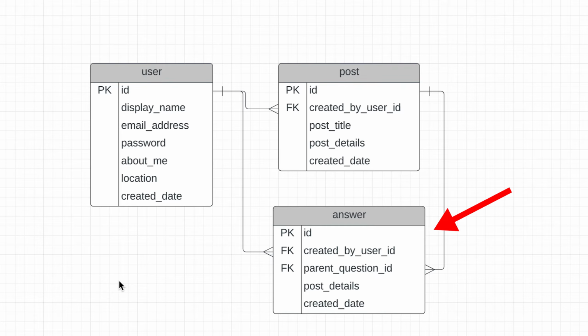However, we could instead have a separate table for answers. It would have similar fields to the post table, but we won't need a post title. We have the same field to link to the created user, and a field to link to the question that the answer is in response to. This would be the design I would prefer. It's simpler as it has one less table and avoids the self-join. However, if you have different types of posts or answers in response to other answers, you could have a single table. Let's go to the next requirement.